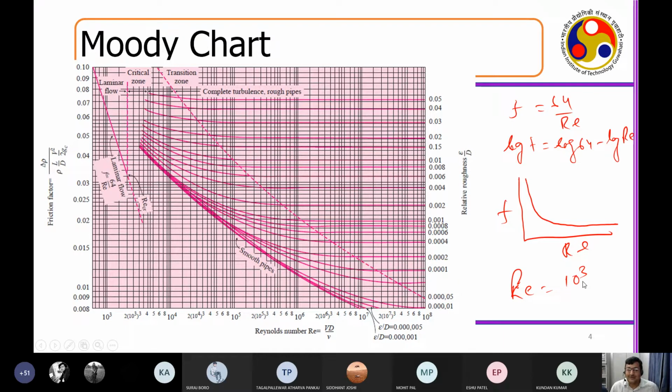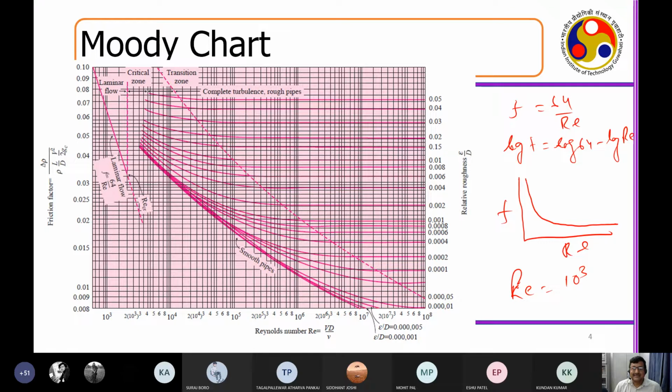If I put log, what will happen? What should be the number I should be looking at here? It's log Re, right? So log Re, that is, log of 10 to the power 3, right? You can see that this particular order of magnitude carries, say, 10 to the power 3 to 10 to the power 8. So you are basically squeezing the data in a particular place. This is point number 2.